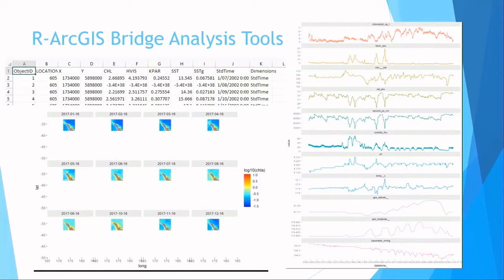Secondly, the ArcGIS bridge-based tools use the pixel data from the image service as input, which goes into an R script on the ArcGIS server machine to produce a static output chart or table that is returned via a link from a GP service. Users can access individual GP services in the web application to drive individual analysis types and create charts that can be downloaded, as shown on this screen.